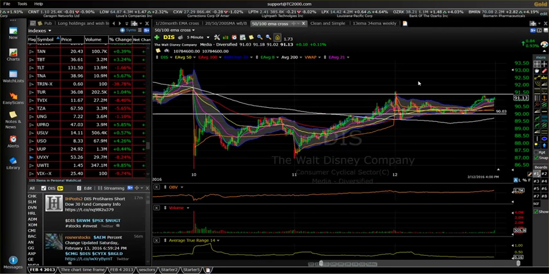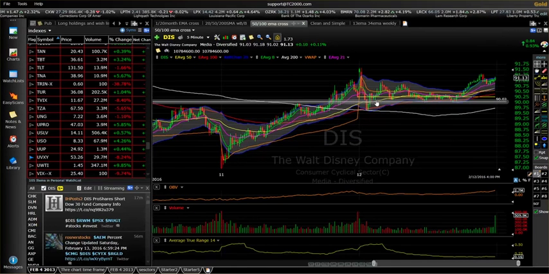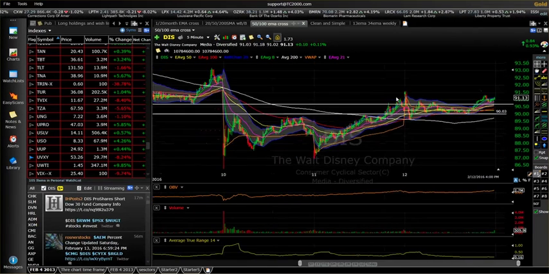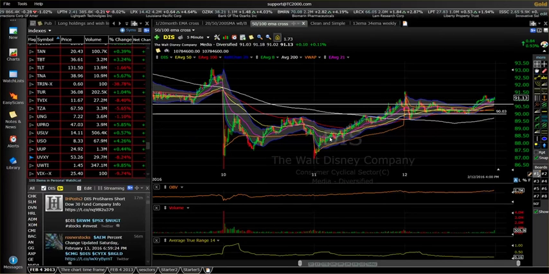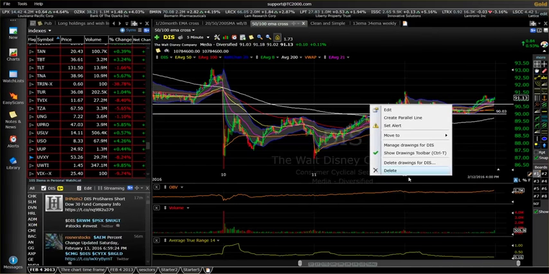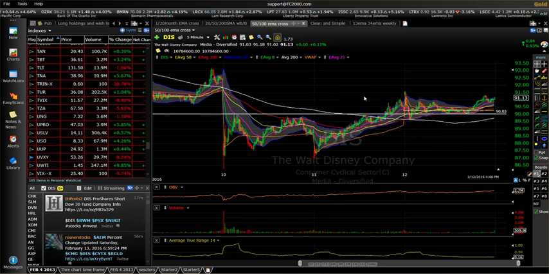We broke below it, and now it has become resistance. So, if I'm looking at this on a 5-minute time frame, and I watch it reclaim the $90 area and close above there